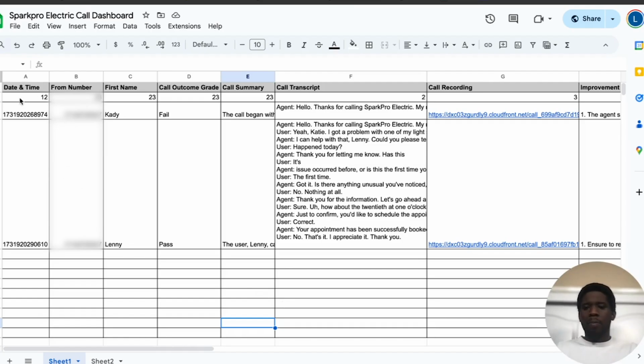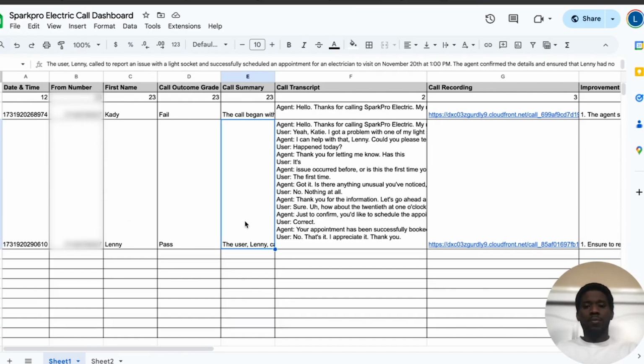All right. So based off of this call dashboard, the date is perfect. The from number is perfect. The first name, Lenny, perfect. Call outcome, pass, perfect. Call summary, sorry. The user, Lenny, called to report an issue with a light socket and successfully scheduled an appointment for an electrician to visit November 20th at 1 o'clock. Perfect. And then lastly,